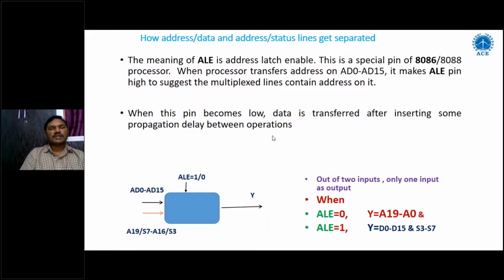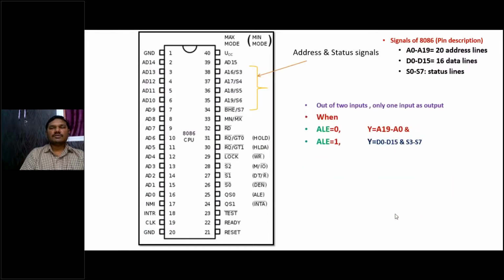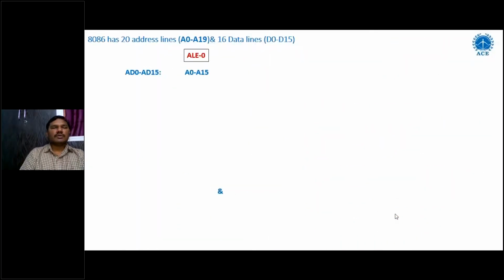This is called the multiplexer. This is called the selection line. It acts like a selection line, and these are acting like input pins. Any one can give the output. You see, if ALE equal to 0, it is operating as A0 to A15 or D0 to D15. So how many bits are there? 16 bits are there, so it is called 16-bit representation.